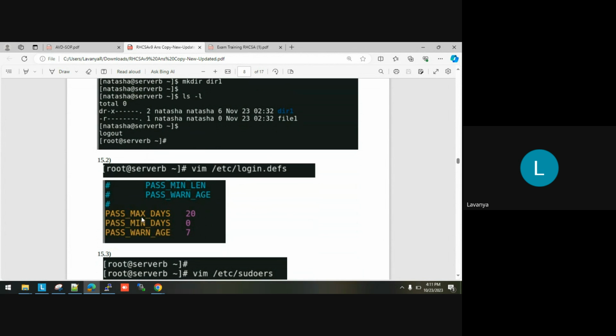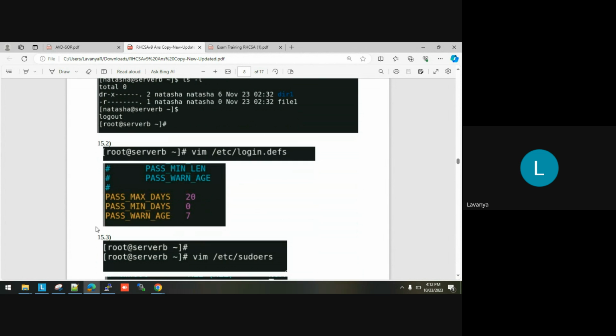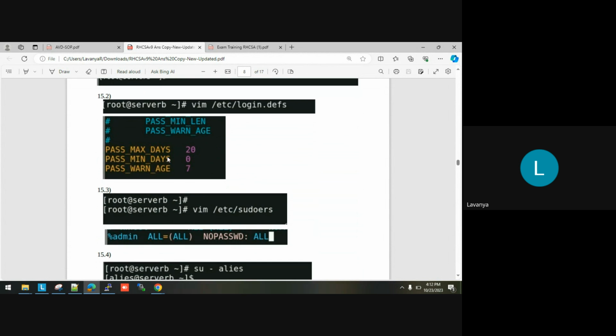to set minimum and maximum days for a particular user. If you create a user, the password maximum days should be 20, or minimum days, warning age you need to set. Likewise you will get a question. So in that case, just try to open /etc/login.defs. Go to that file and then make similar entries. What should be the maximum days, what should be the warning days, mentioned in your question paper. Just check and then give those entries over there. And then